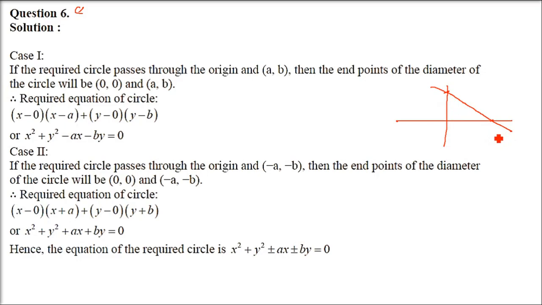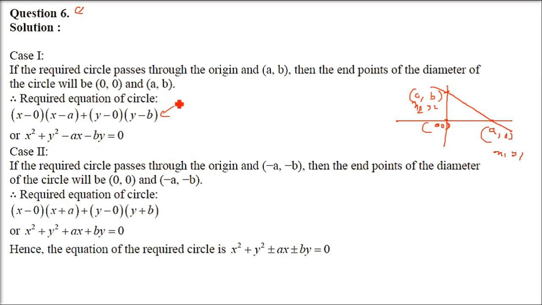So I'm taking it on one side first, that is positive x-axis and positive y-axis. This will be A, 0 and this will be 0, B. So these are the endpoints of the diameter. So you can take this as x1, y1 or this as x2, y2 and you can just exchange them also. The same equation is going to come. So what do you get? x minus x1 into x minus x2 plus y minus y1 into y minus y2. Put it here. This will be the equation.